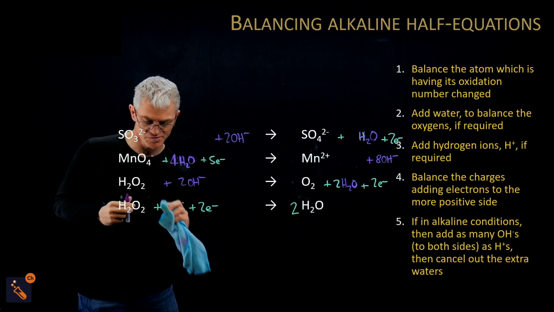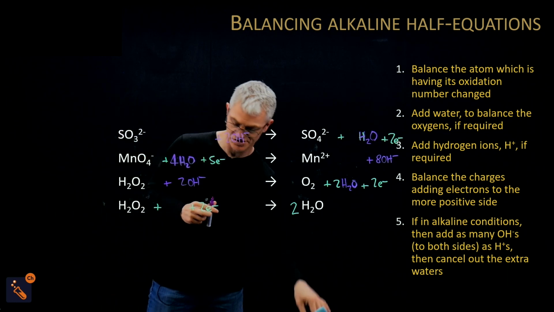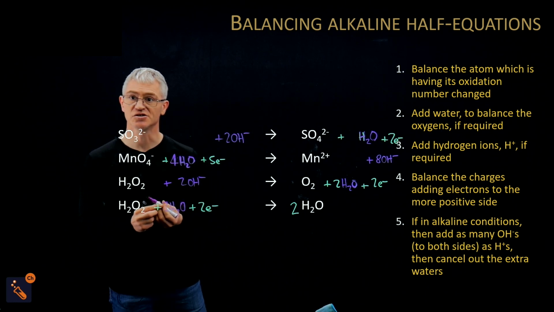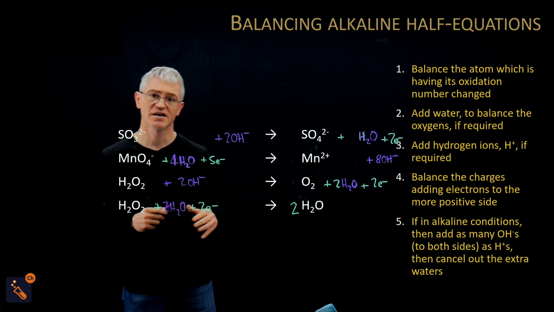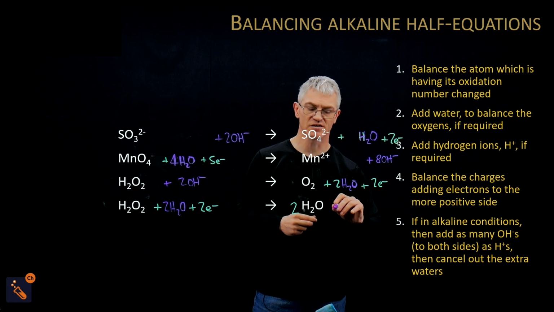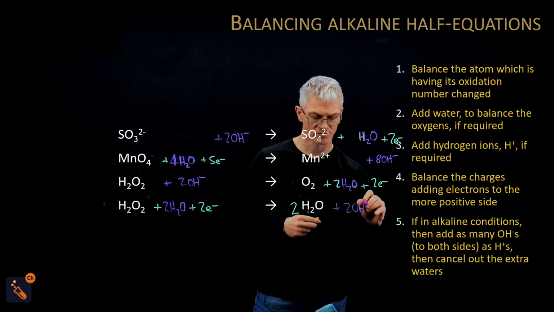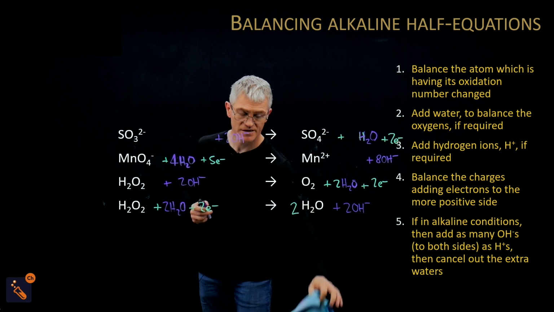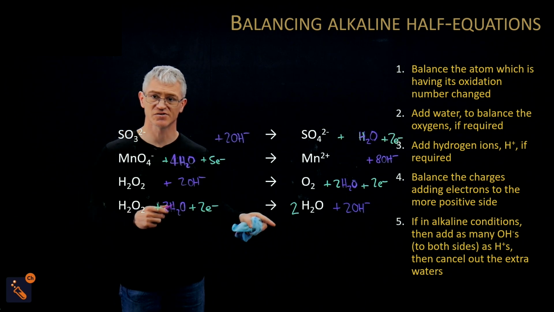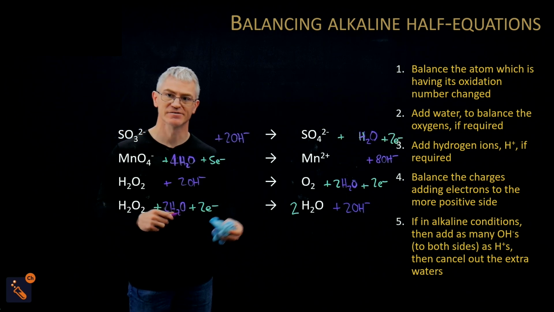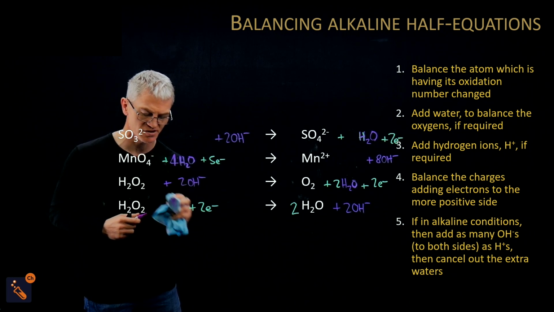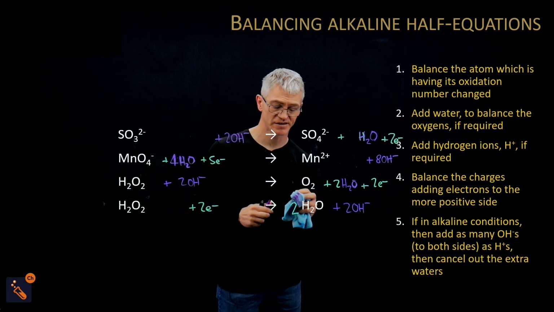Last one, 2 OH minus, 2 H pluses, so I'm going to add 2 OH minuses, which makes me into 2 H2O. Okay, and then I added 2 OH minuses at that side, so I've got to add on the other side as well. Okay, then, and here's the important thing, I've got 2 H2O this side, and I've got 2 H2O that side. I've got to cancel both. So, cancelling both, getting rid of that, and unfortunately I cannot rub out